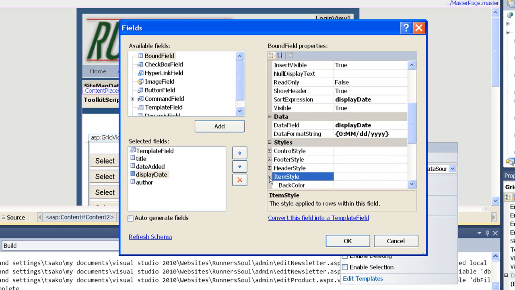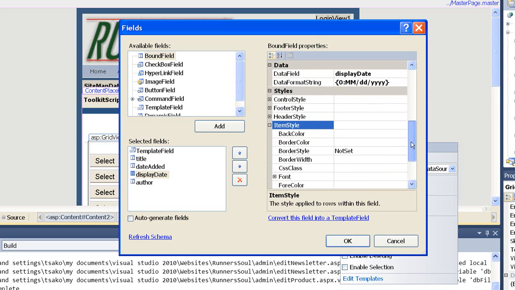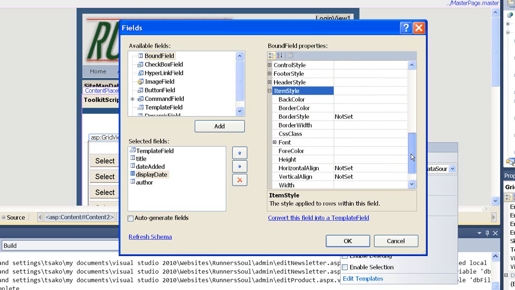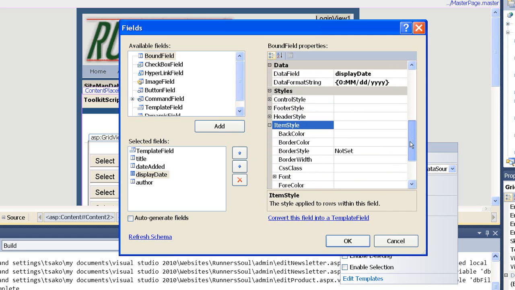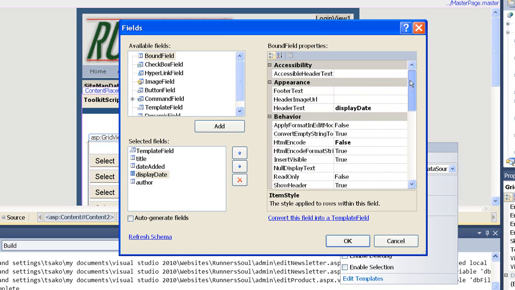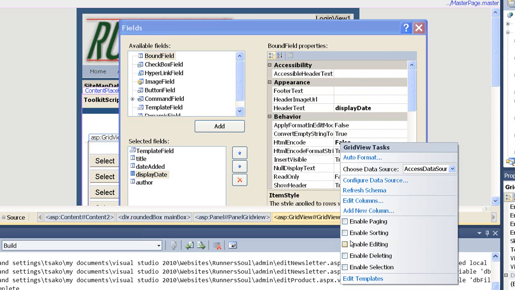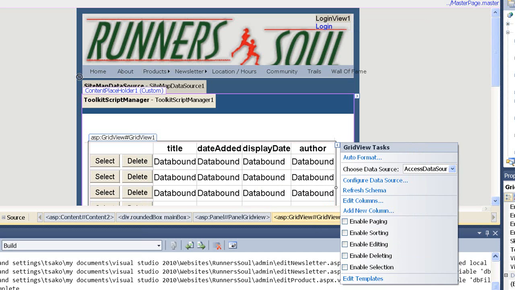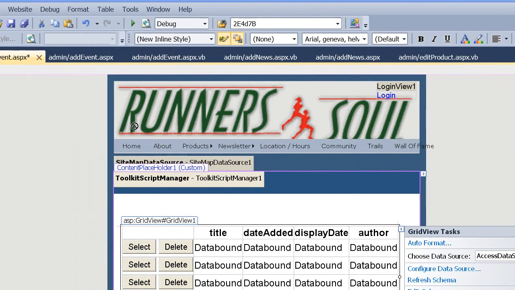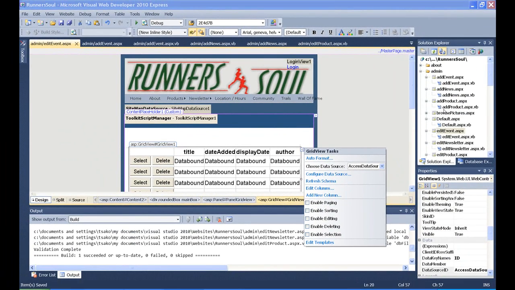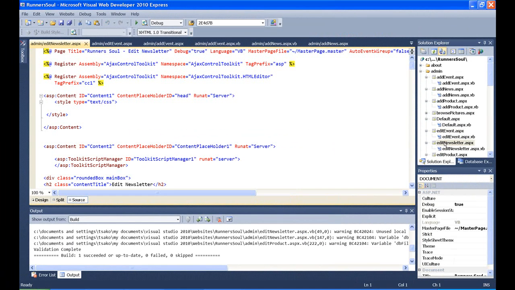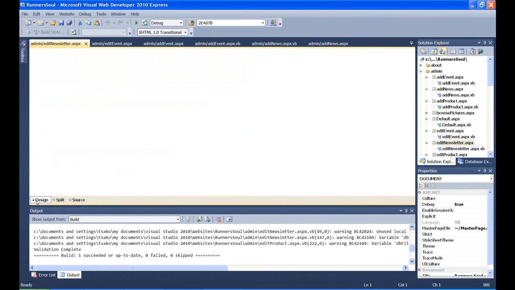Just going to see on here too if we can, the item style. I want to set a little padding. I want to see if I can do that from here. Looks like I cannot. I'm going to set the width. Okay, so let's say OK to this. And then we'll go through and do the same thing on edit newsletter. So let's save this. And then find edit newsletter, design view,